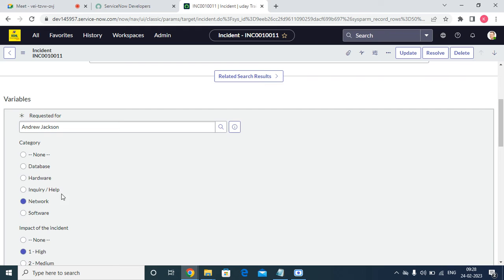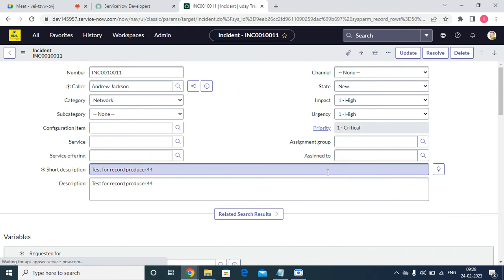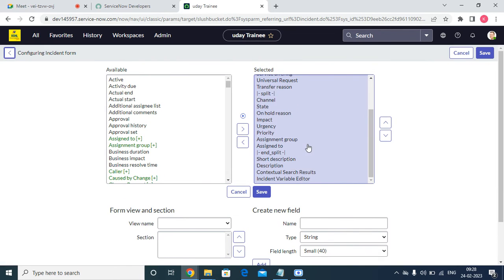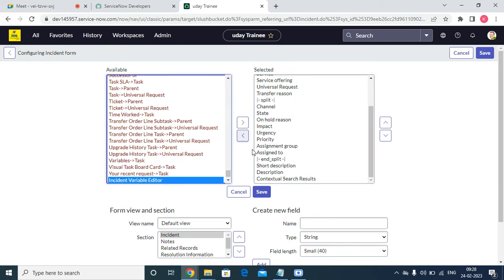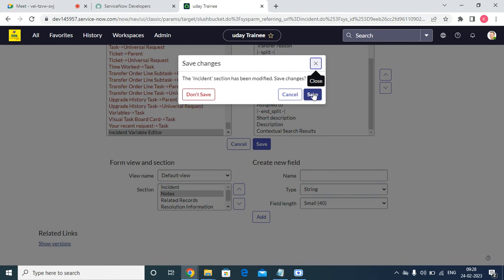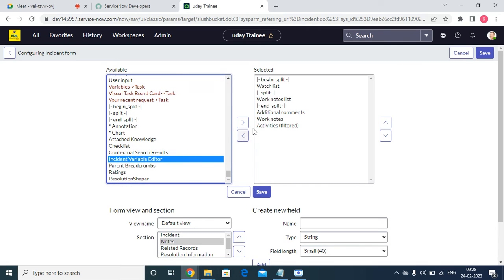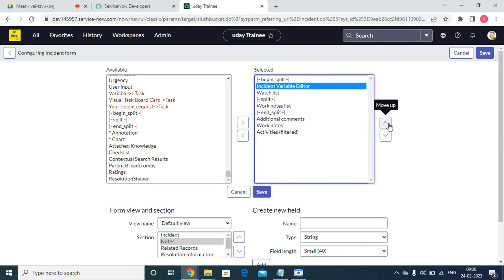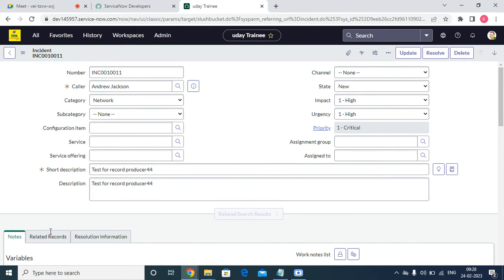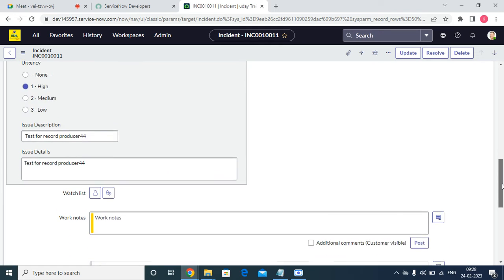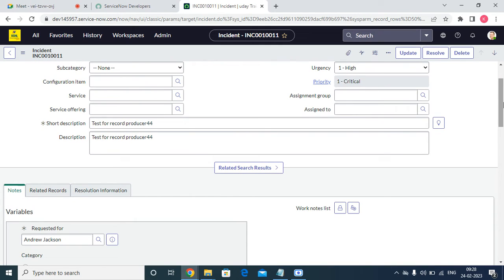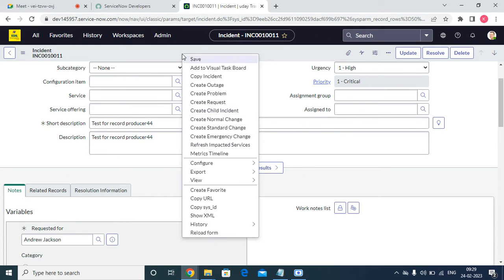if you want to, you can add any other section also. For example, you want to add it in the notes section, so right click, go to configure form layout, go to the notes. I'm just going to save it. If I save it, there's nothing here yet. So now I'm just going to the incident variable editor. So this is the one. It will be visible like this, wherever we want to add it, we can. But the best practice is that mostly we follow it in the above section. It will not include any section or any other thing. So right now, the best thing,